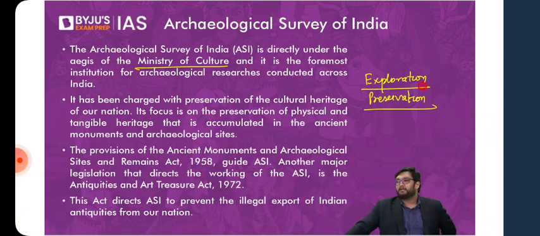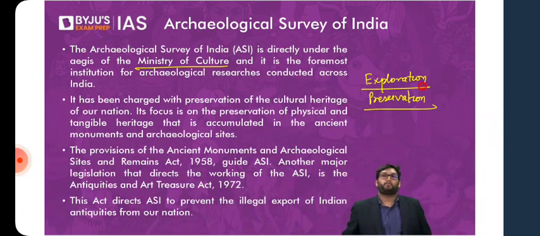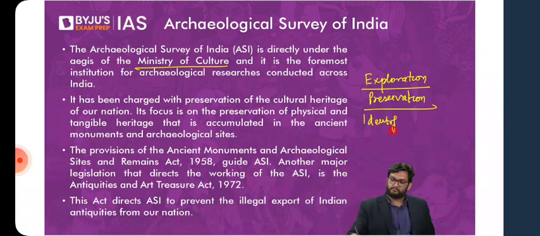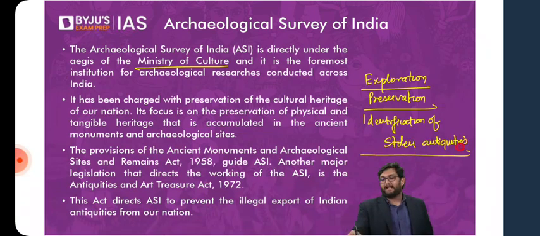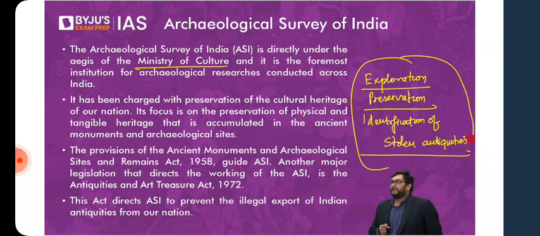And nowadays there has been another important thing, which is identification of what we call stolen antiquities, which is that a lot of our artifacts have been taken outside by smugglers, and they sell it in the black market. Very simply, the ASI's role is to identify if the things being sold in these auctions are real, and then inform the Government of India, specifically the MHA, which will then inform the MEA, and then they will invoke the 1970 Convention of UNESCO and the UN to get that antiquity